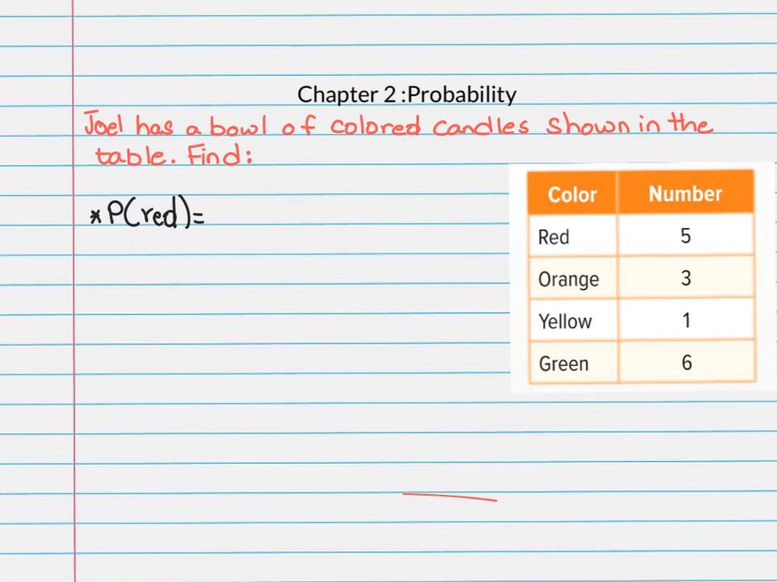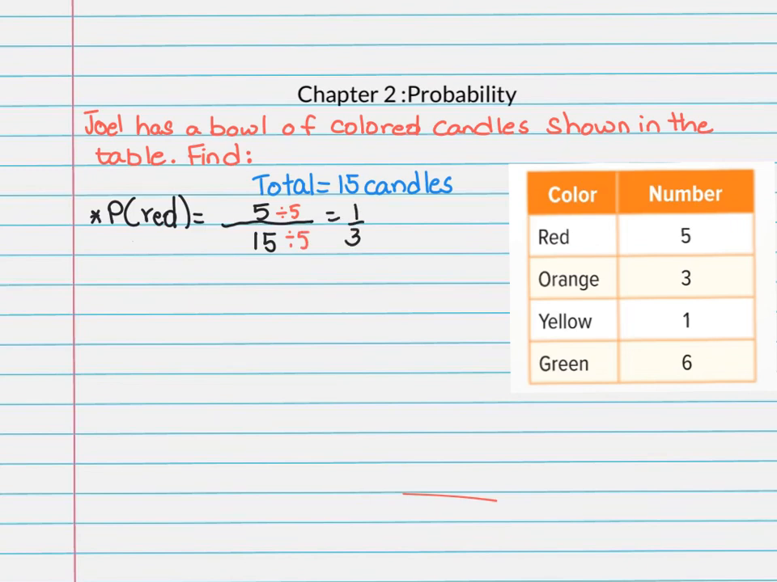So let's keep this at the top, since we are always going to refer to this total. So we have a total of 15 candles. Probability of red is a fraction where the denominator is our total and our numerator is how many red candles we have. Based on the table, we have 5 red candles. So it is 5 divided by 15. If there is a chance of simplification, we have to do it. Divide by 5, divide by 5, and that's 1 out of